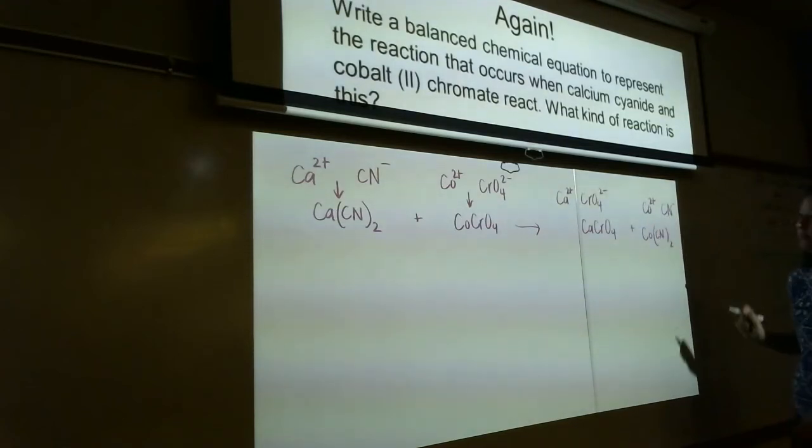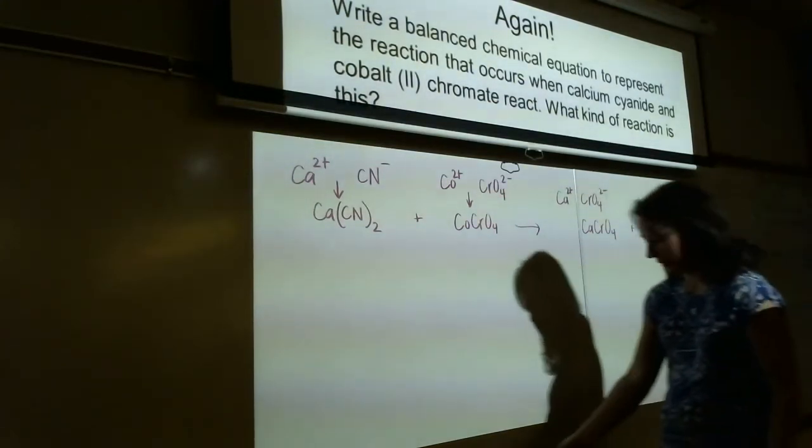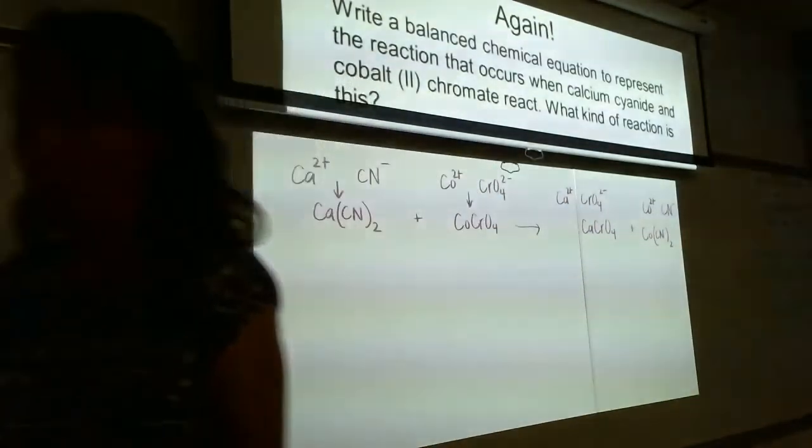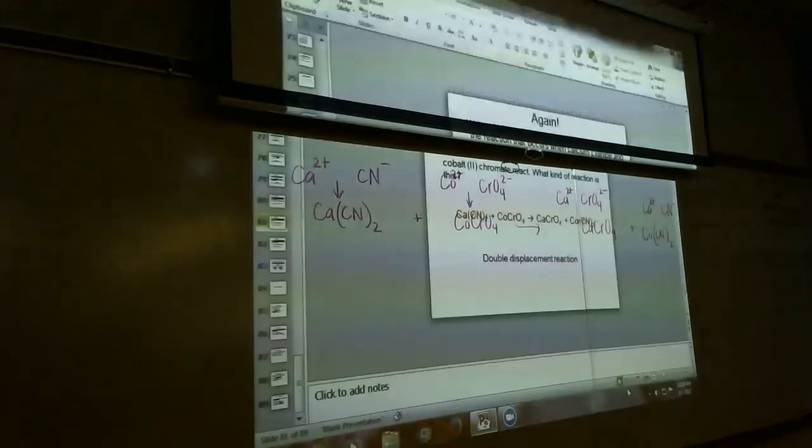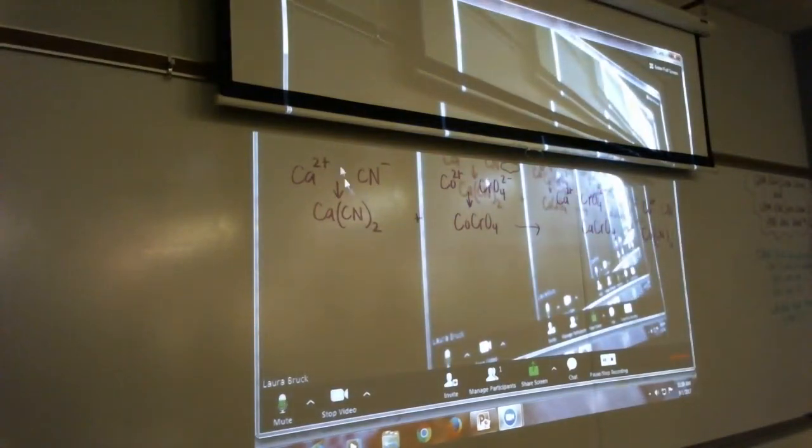Is this balanced? Yes, we got lucky. Woohoo! That one was already balanced for us. Okay, so sometimes you get lucky and you don't have to balance it. Previous example, we didn't. We had to balance it. Questions on this before we end for today? All right, that's where we'll stop. On Wednesday, because remember we're not here Monday, Wednesday we will be